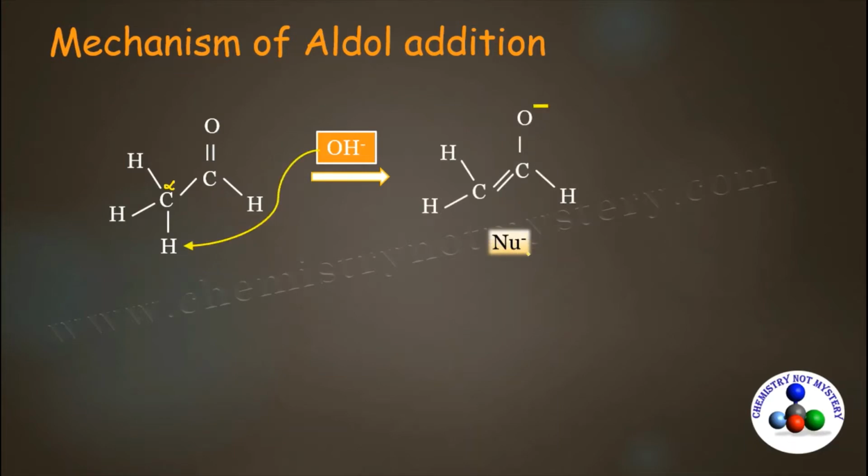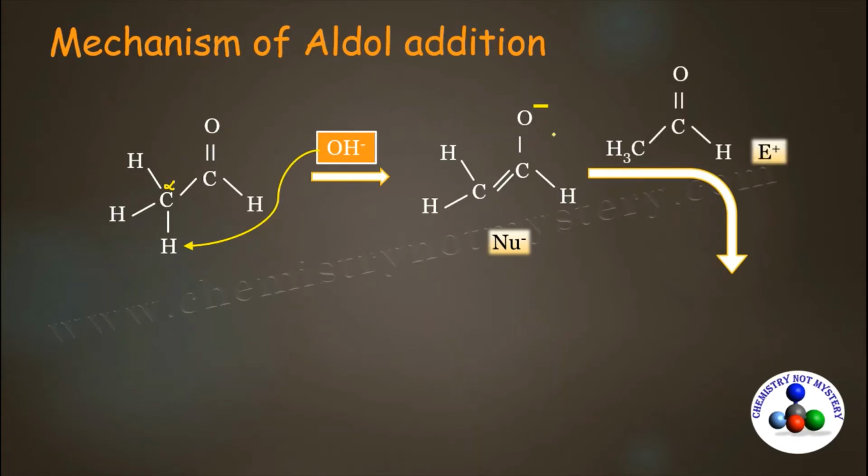This nucleophile reacts with an electrophile that is another molecule of aldehyde. During the attack, negative charge of oxygen delocalizes between carbon and oxygen, and through the double bond, it attacks the carbonyl carbon of another molecule of aldehyde. And here this double bond moves over carbon. As a result of it, negative charge will develop over oxygen and nucleophile gets attached to this carbonyl carbon through